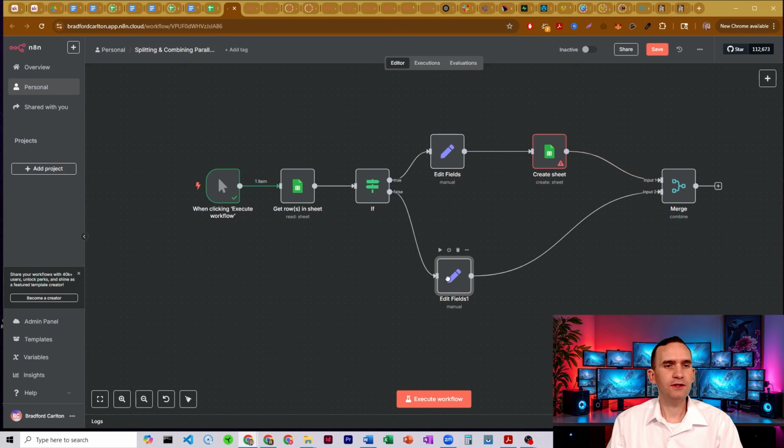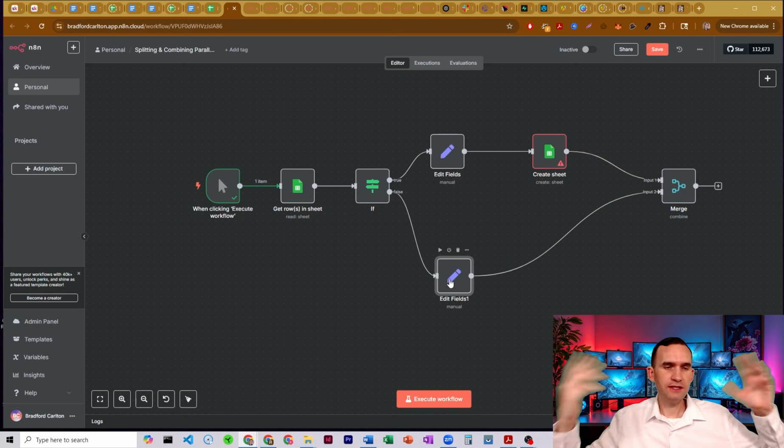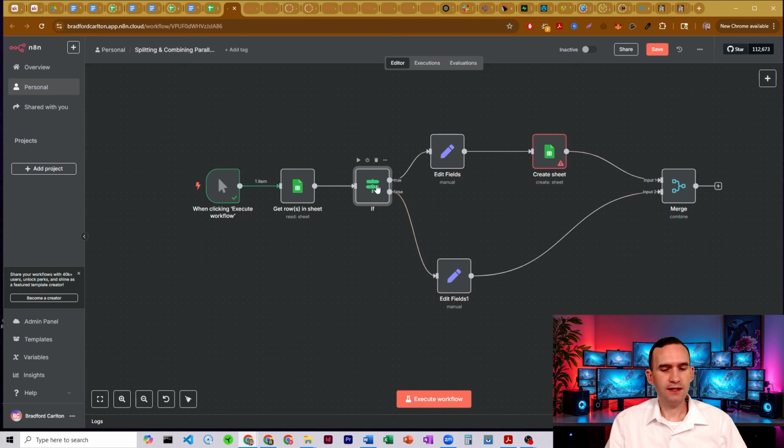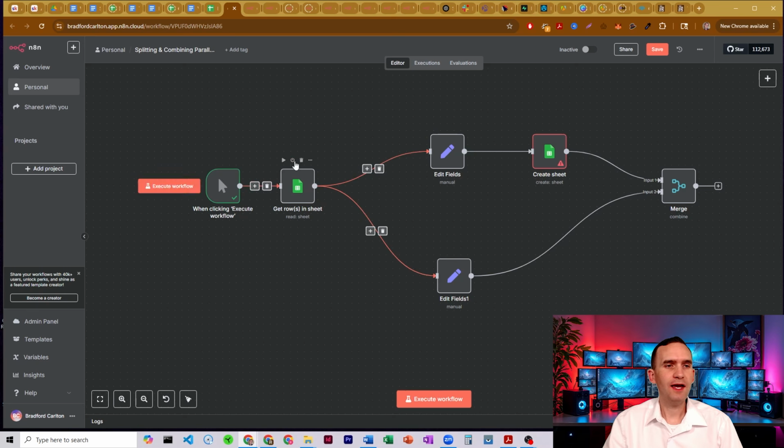It's whatever you want to have happen to your data, and we don't even necessarily need the if. The if is just here for the sake of showing you how this particular workflow is going to work. But say you have a piece of data that you want to go through two processes. It's important to understand what's really going on,